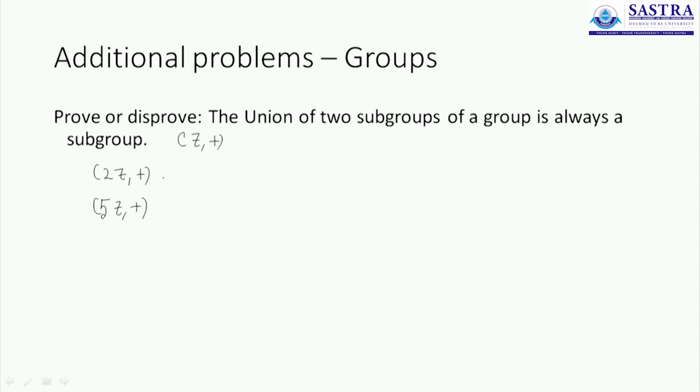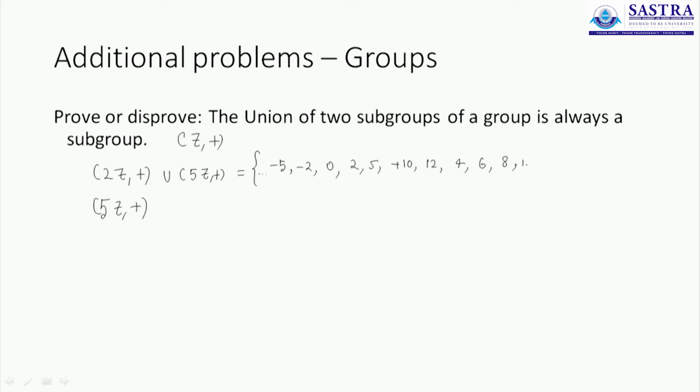Now we are trying to do the union of the two. Union of 2Z plus and 5Z plus. That's going to be a bag of all elements that are present in either of the subgroups. So 2 and 5, the set of all multiples of both. So I'll have minus 5. I'll also have some elements before that. I'll have minus 2. I'll have 0. I'll have 2. I'll have 5. I'll have minus 10. It's common to both. I'll have 12. I'll have 4. I'll have 6. I'll have 8. All these numbers on the positive side.